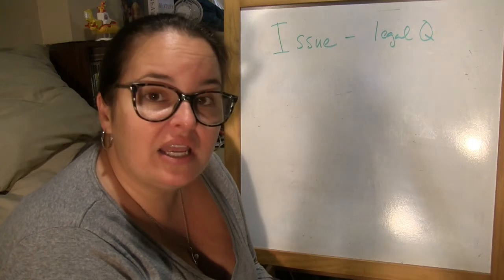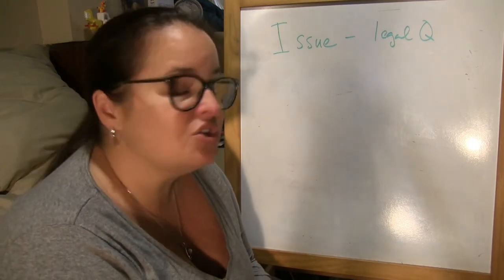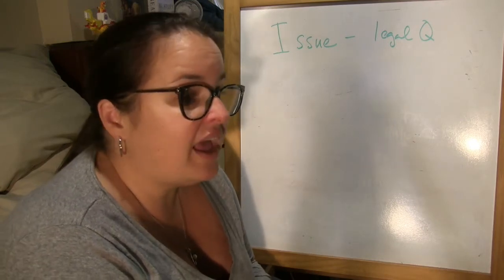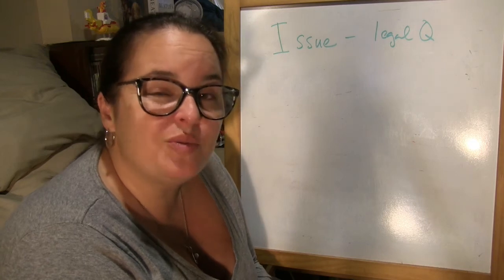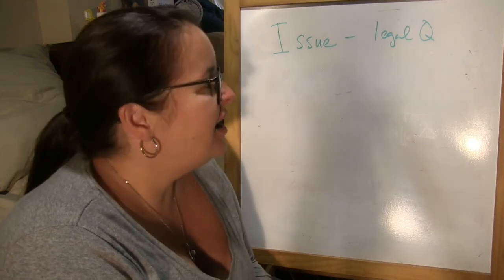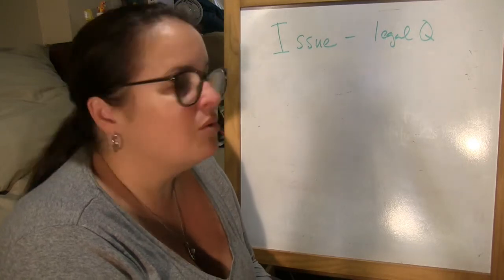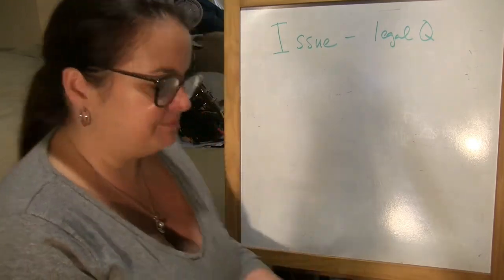But issue spotting over time becomes more difficult because cases become more complex and issues become more complex. You could have more than one issue in a case. You can have, let's say, a constitutional case where equal protection and due process are both issues. The case may win on one, both, or neither. So figuring out what your legal issue is is the most important thing.